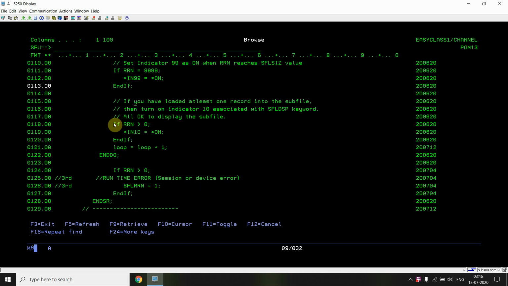Okay, I'm making this 99 as on, and then if I'm checking if rn is greater than 0, means I'm able to load the subfile. I would be setting this indicator 10 as on, means I'm activating the SFL display keyword. So I'm reading the